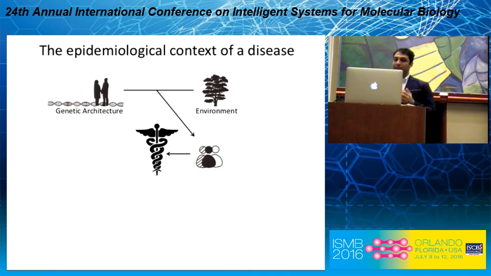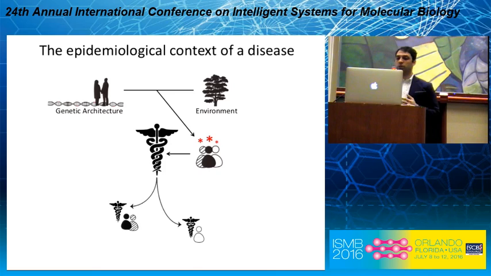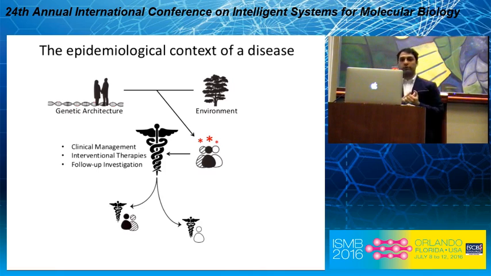And so studying disease in the context of race is important and interesting for research purposes, but also for clinical purposes, where disease susceptibility can be different for people of different races, of different backgrounds, but also progression of disease into other comorbid conditions can differ based on race, which is very useful to know because it can tailor clinical management, personalized interventional therapies, and may warrant follow-up investigation on why these diseases progress in this way.